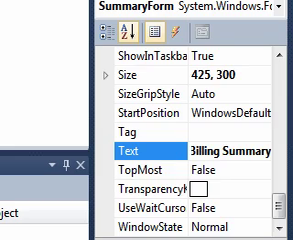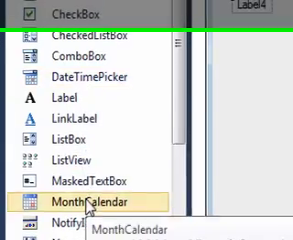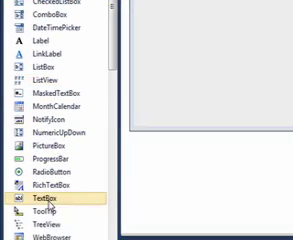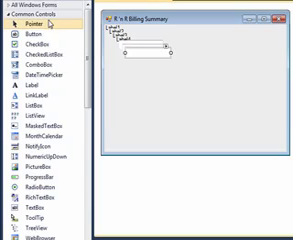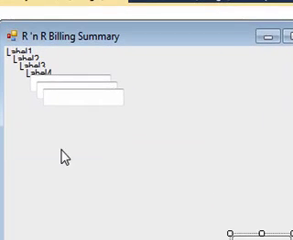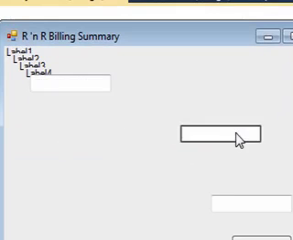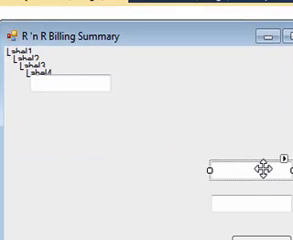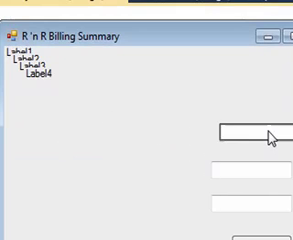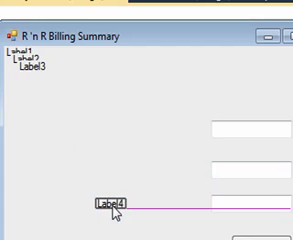Now we need 4 labels: 1, 2, 3, 4. And we need 3 text boxes: 1, 2, 3. And we need a button. Alright, so I'm going to put my button down right here. I'm going to put my text box here. I'm going to put a text box here. And I'm going to put a text box here,